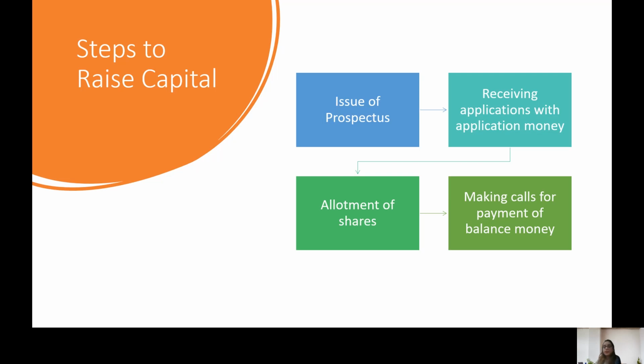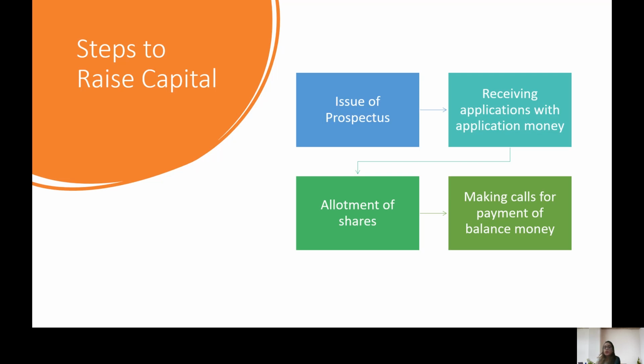Now, after receiving application money, we'll decide about the allotment of the shares. Sometimes there is oversubscription, so we have to reject a few applications. Sometimes there is undersubscription, then the company cannot proceed with the allotment of the shares. So it must receive at least the minimum subscription. After receiving the minimum subscription and fulfilling certain legal formalities, the company will proceed with the allotment of the